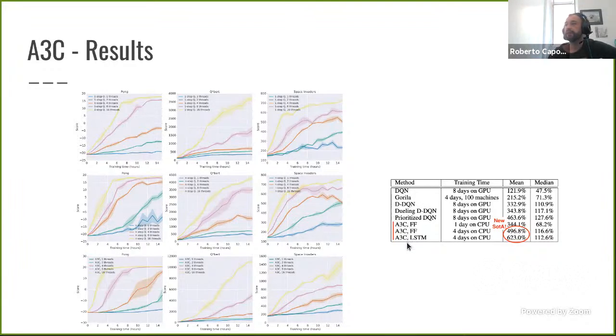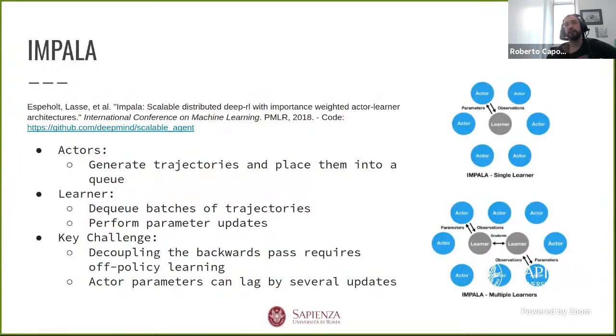So you can notice that A3C compared to DQN returns much better result in a reduced amount of time. And again, this is what you would expect, right? Because the data collection side of things is much faster. From A3C,